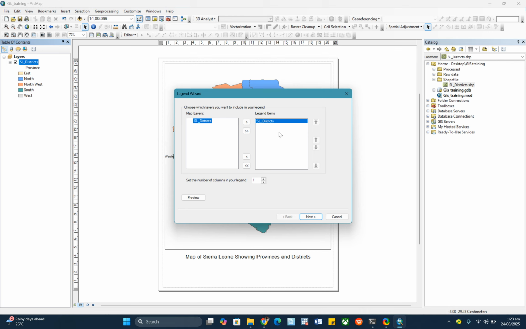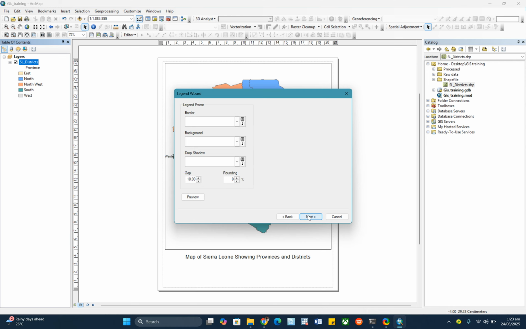For now, it's only one element. So if you have multiple, you will just click on it, then send it to the right. For example, if there was nothing here, let's say this we want to send back to the left, nothing is on the legend item. But if you have a couple of data sets, we just click on it, then we send it to the legend item. So any other process is just next until you finish